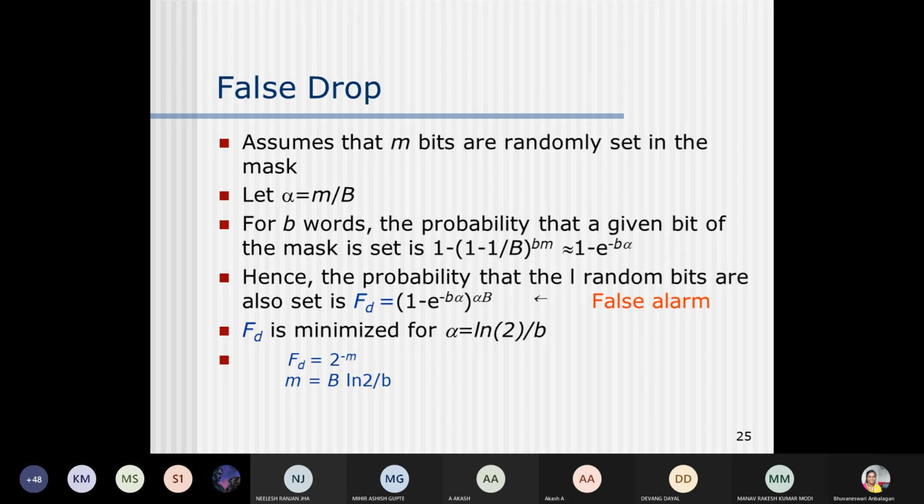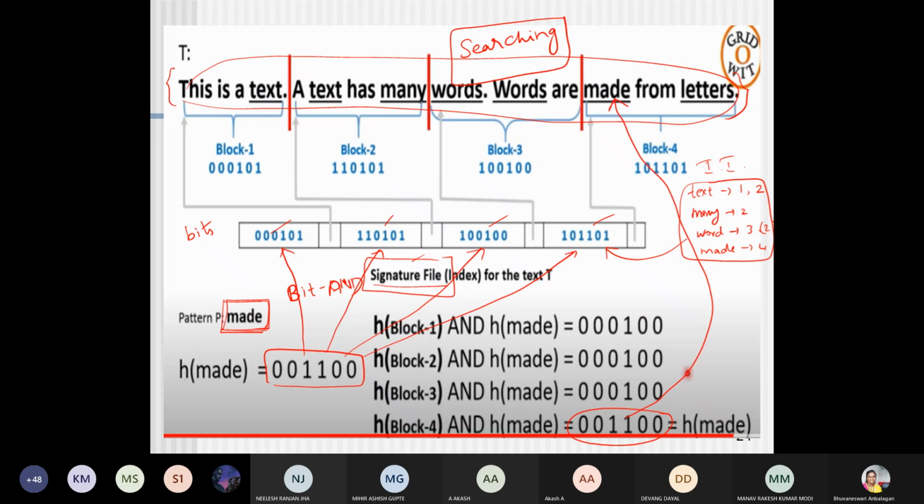Another important concept is called dropout, the dropout ratio. If the pattern that you're looking for is not available in any of the blocks available with your text data, at that time we will say that particular concept is a false alarm, or dropout. It means none of the blocks contains the particular term.